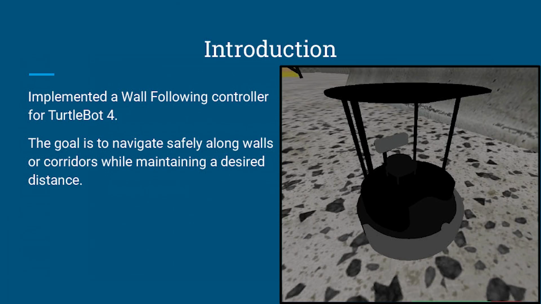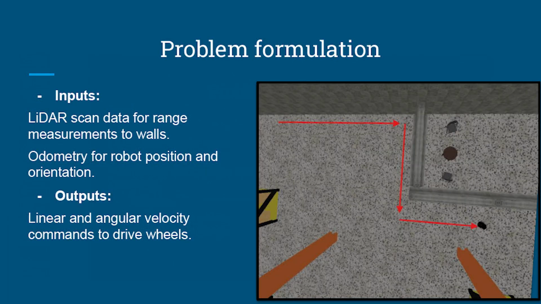Our goal with this project was to implement a robot that would be able to move forward alongside a wall while staying a certain distance from it. This is something that we did with Turtlebot 4 while simulating this robot. The way we formulated this problem is by